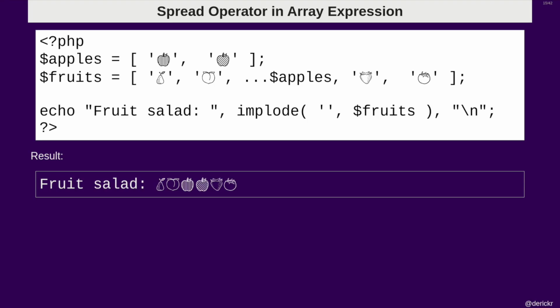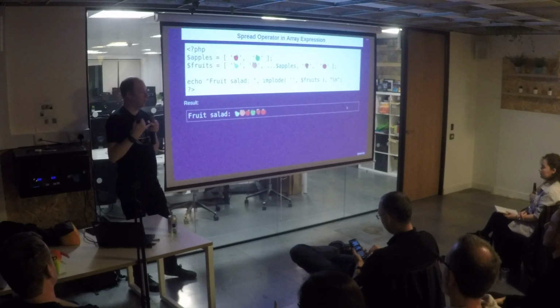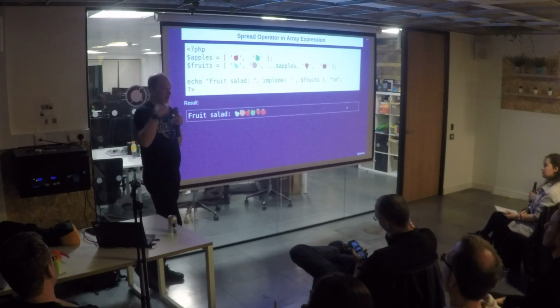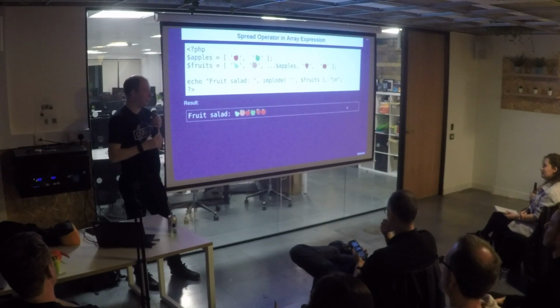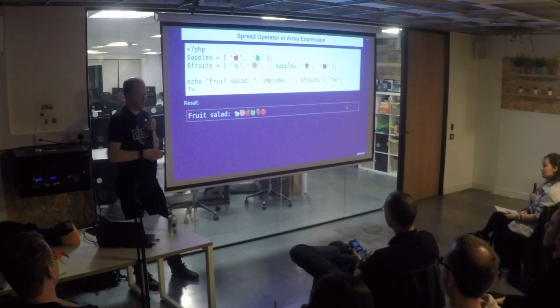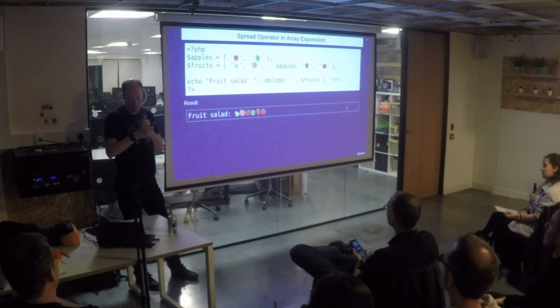So this doesn't only work for simple arrays, it will also work for iterators and generators, in the same way, as they get introduced into this array. Can be sort of handy. It sometimes saves you from having to call array push and array push, for example, because you can just define the array. It's kind of a nice little addition.